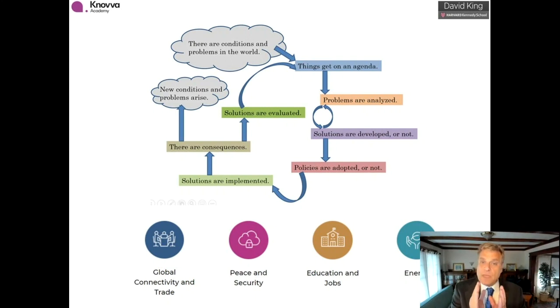It's one that works for me because when I'm dealing with a legislature, I have to force myself to remember, I've got to think about what the bureaucrats are going to do with this. And we have to program into the laws the actual evaluations and reporting back into the system so that they can be changed. Now, if you're looking at global connectivity and trade, who are the policymakers there? Where are your moments of leverage? Where are you in a policy process?